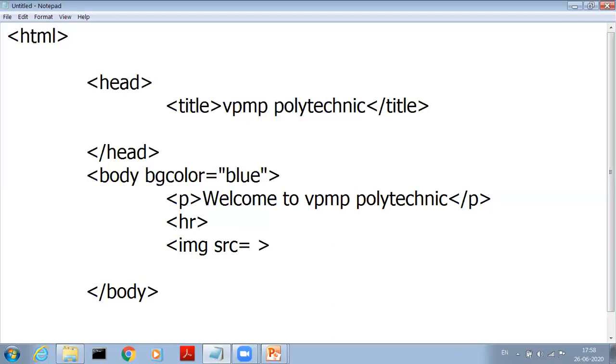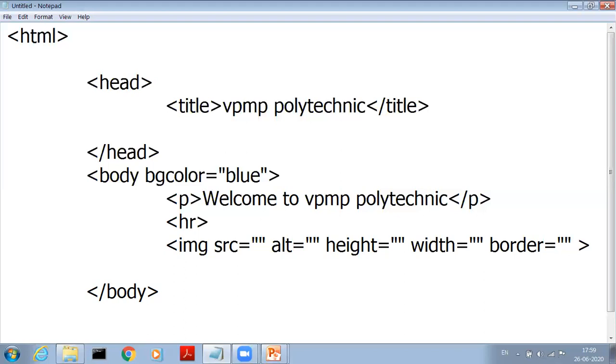The first attribute is SRC, meaning source, then ALT means alternate text, next attribute height, height means height of the image to display, then width, then border, border of an image.